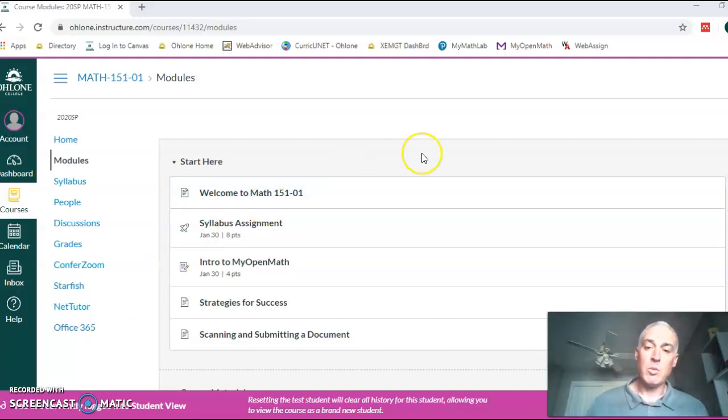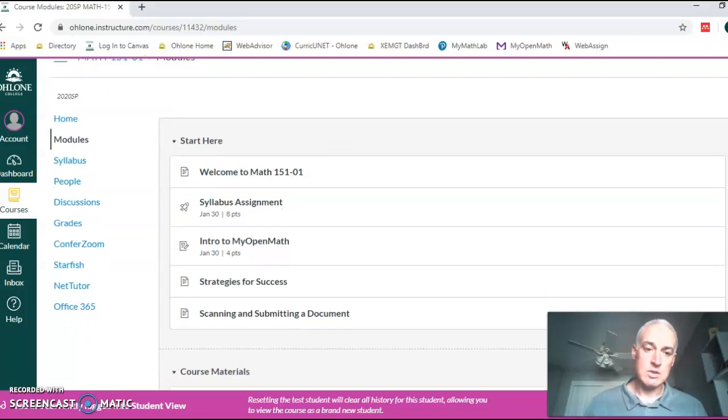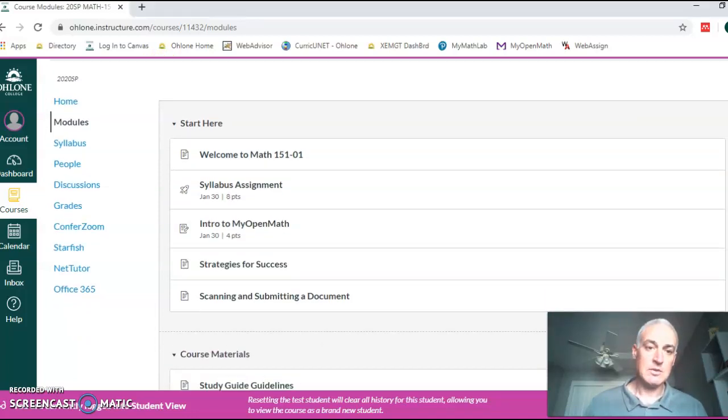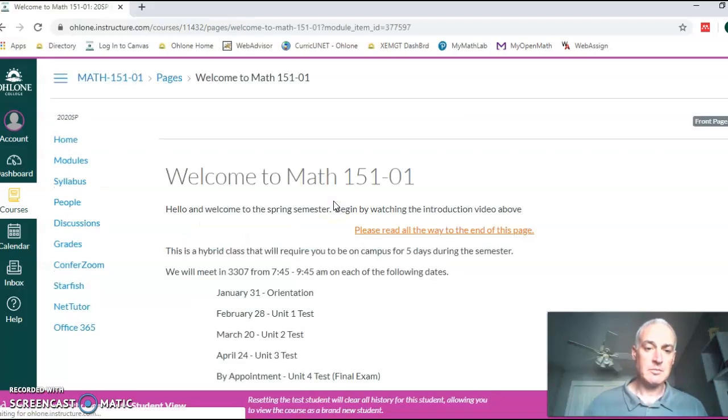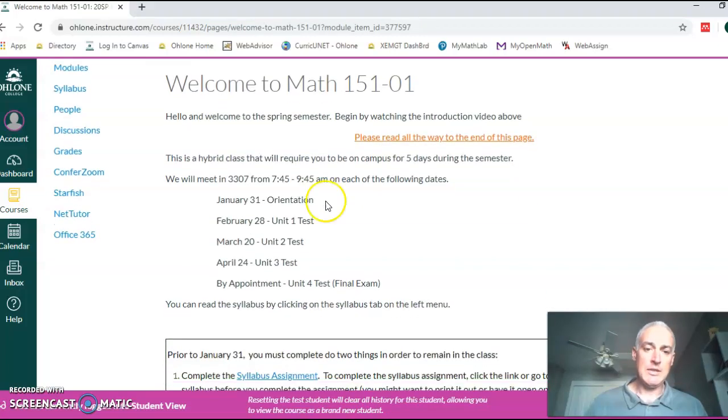When you enter the class every time, you will open the course in the modules page, which is where all of the course content will be located. So in the Start Here module right now, you'll see a page that welcomes you to the course. If you open that up, you will see the dates that our course is meeting. Those are published within